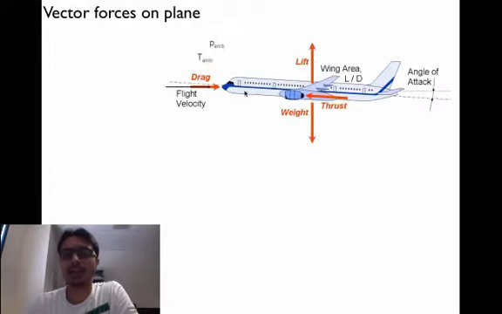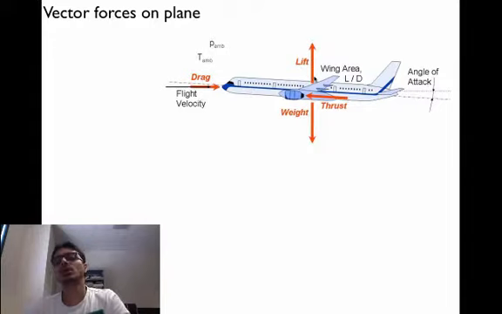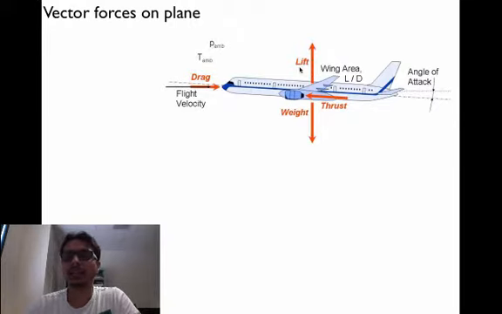Since the plane is moving in the air, there is also a drag force acting on it. You might have experienced this force while driving a motorcycle. Since the plane also has engines, there is a forward force acting on it called thrust due to the engines. And finally, there is a special force called lift. This is due to something called Bernoulli's principle, and also due to the special design of the wings. We'll examine this force in detail later.